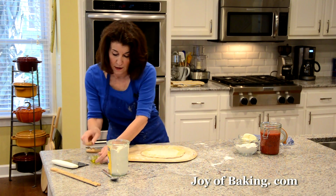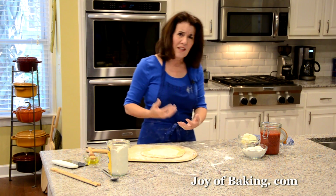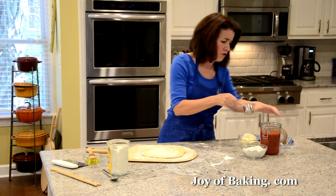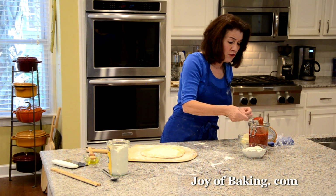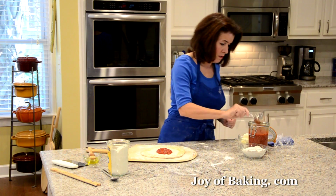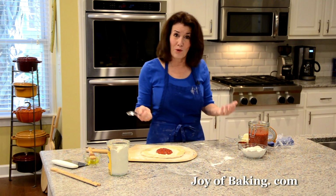So, and then the sauce. You don't want a thick layer because that slows down the baking and all that. You just want a nice thin layer of your sauce. I find about a quarter of a cup, around 60 grams. But again, this is your pizza, so